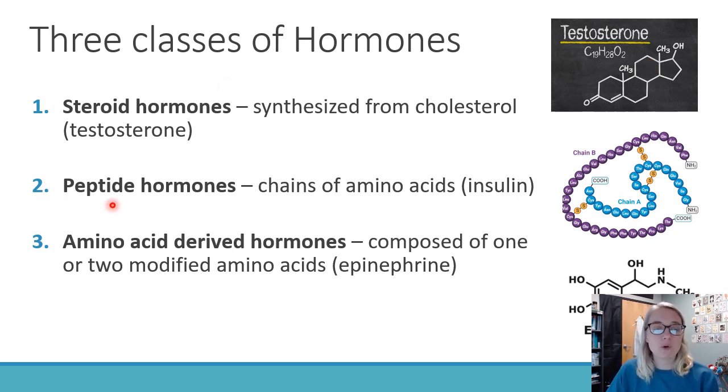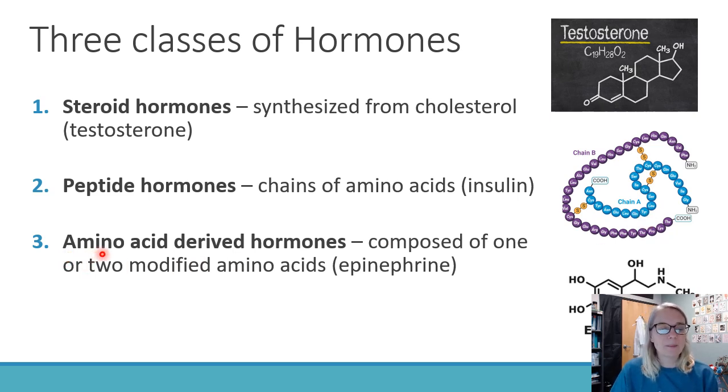The next group of hormones are called peptide hormones, and if you took 101, you might be familiar with the word peptide. It's how we describe proteins, which are made up of repeating units of amino acids held together by peptide bonds. So chains of amino acids. This is an even bigger molecule. Each one of these little circles is an amino acid, which in itself is about this size down here, because epinephrine is about the size of 1 amino acid. So this is insulin. It's huge, and it is what we call a peptide hormone because it's made up of a whole bunch of amino acids held together by peptide bonds.